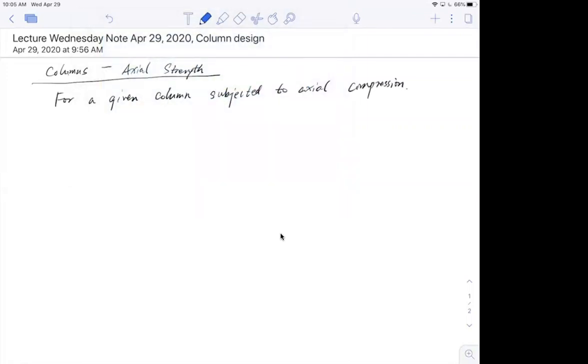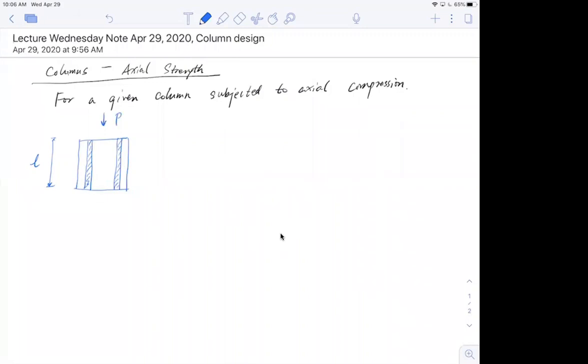So say I have a column just like this. It's a side view, all right? And assuming I have a very short column, with a certain length L, and I have reinforcement in it. These are the bars. And by the way, this is a side view. Now when I apply a compression force,